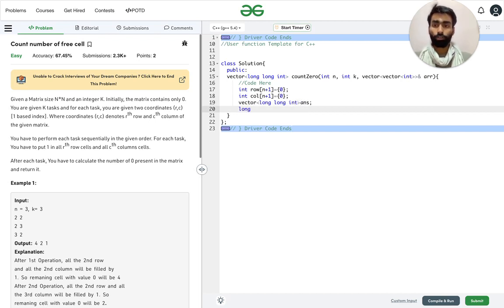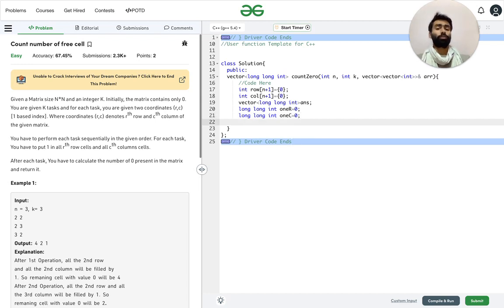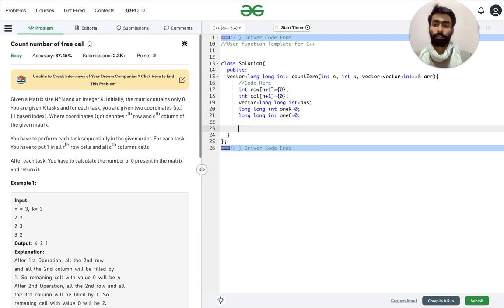And we need a long int 1r, because we are keeping the number of rows filled with ones here. So long int 1c for the columns which are already filled with 1. We will initialize both with 0, because in the start there is no column or row filled with 1. So this is okay. So let's start.